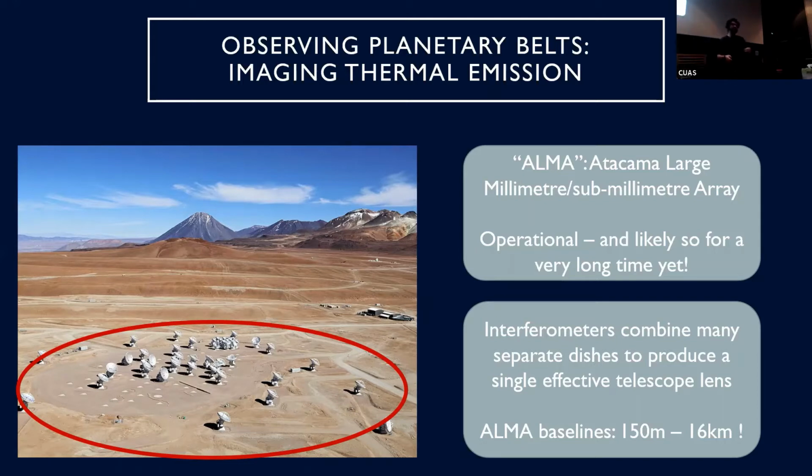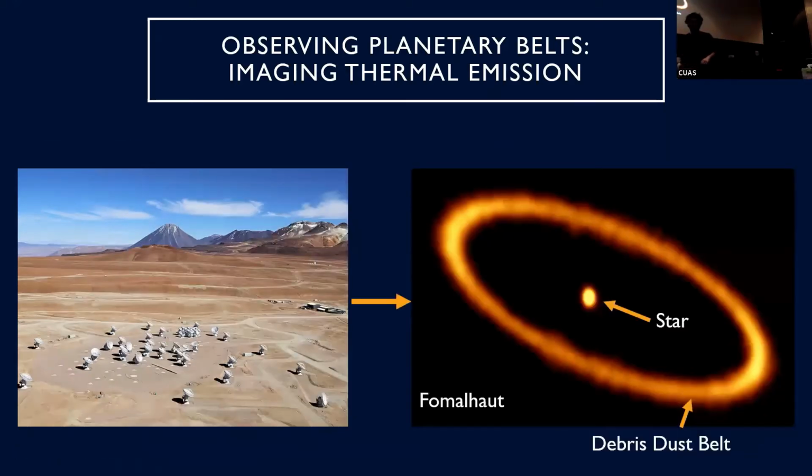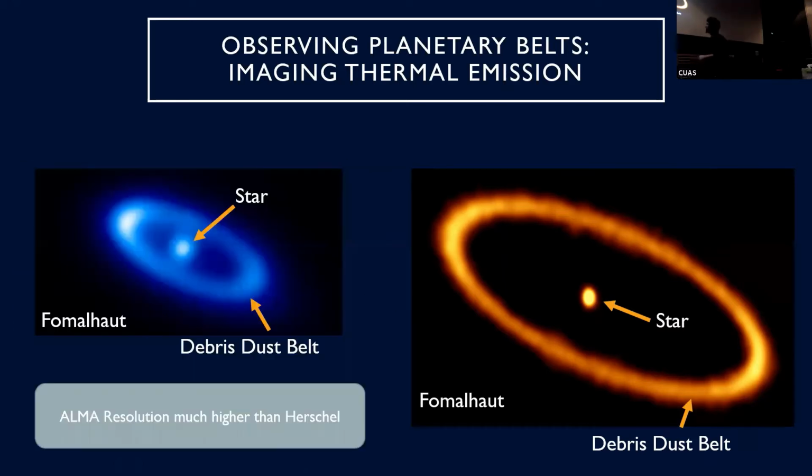Not quite as big as the one that we used recently to detect a black hole. That used the entire Earth by basically using telescopes on the North Pole and the South Pole and combining all of their baselines. But anyway, 16 kilometers for a single instrument, I still think is quite impressive. Okay, Fomalhaut is what I showed you with that blue ring, whereas Fomalhaut with Herschel is the blue ring. Fomalhaut with ALMA, however, shows this system here. Which, if I show it as a comparison, when you think about the sensitivity with which we can actually detect what's going on inside these belts,